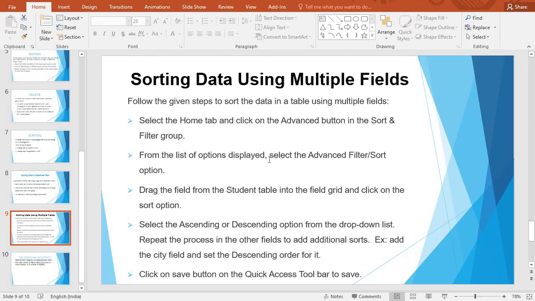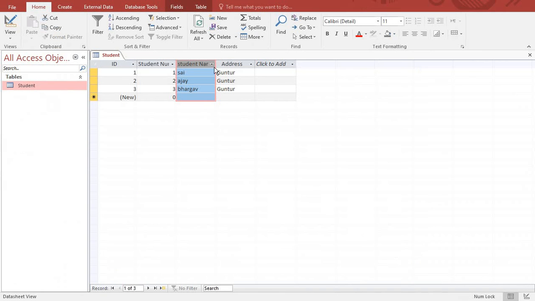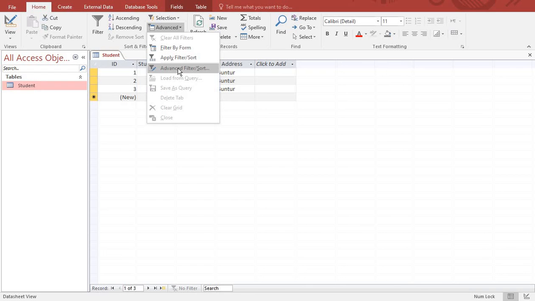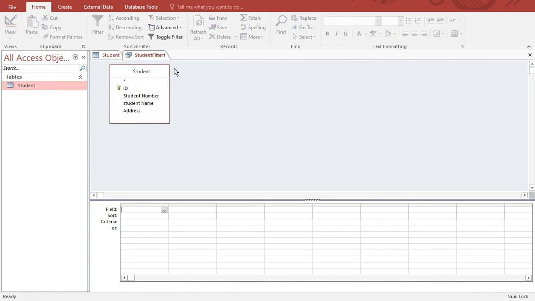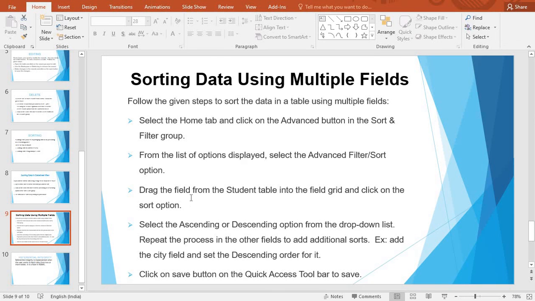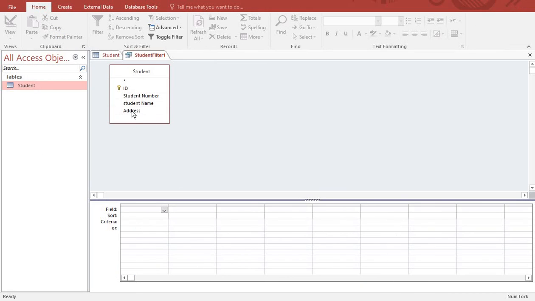From the list of options displayed, select the Advanced Filter or Sort option. See here, this one. Then it will display like this. Drag the fields from the student table into the field grid and click on the Sort option. So here is the option. Which field you want to sort, you may select here, or you may select a table also. Again I am